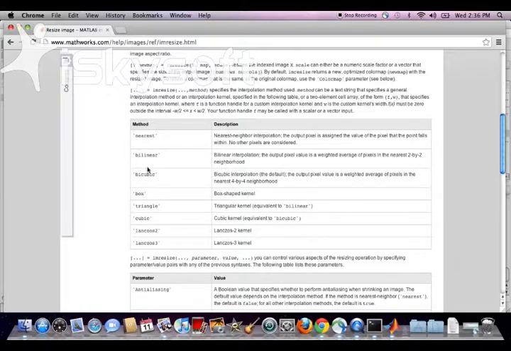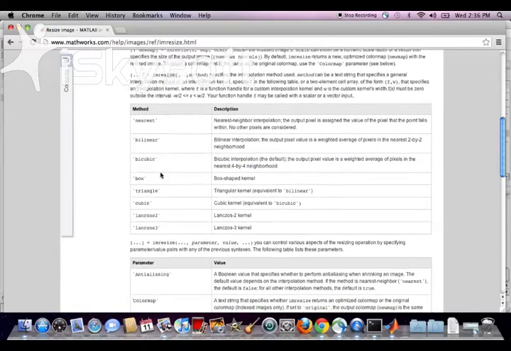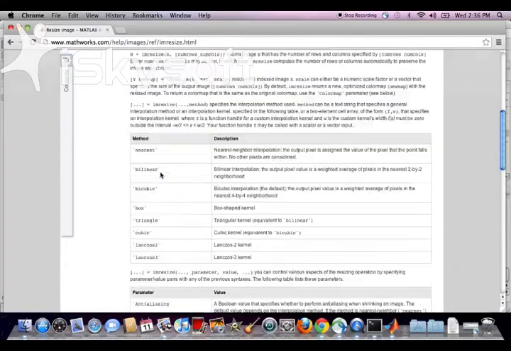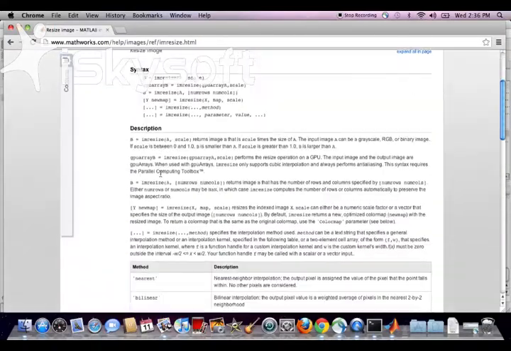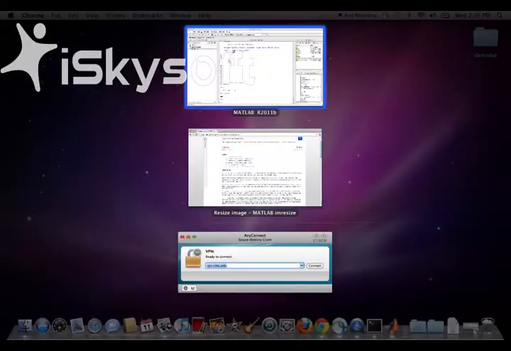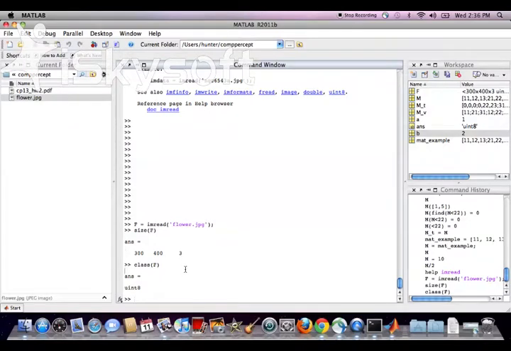There are different methods which you can use to resize, and here we have the bicubic method, which is one of the better ones. It kind of makes a smoother resulting image. So, also,